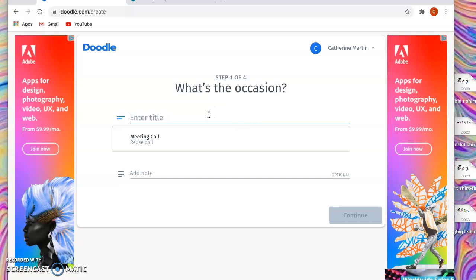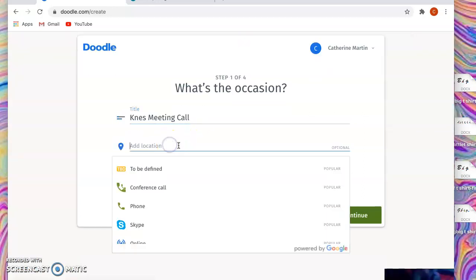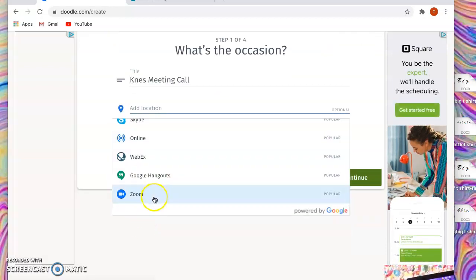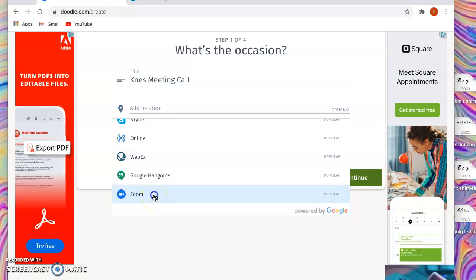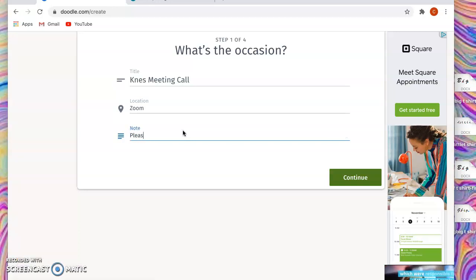So we'll put Kanice meeting call. And then you're going to add a location, and we're going to put Zoom just because that's where any virtual meeting on campus is usually at. And then add a note. Notes are good to add, but I'm just going to put an example note of, please